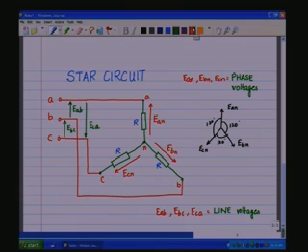Now, one more parameter, let us call this as I A, and what flows through this line here as I B, and what flows through this line as I C. Okay. Then I A, I B, I C are called the line currents,